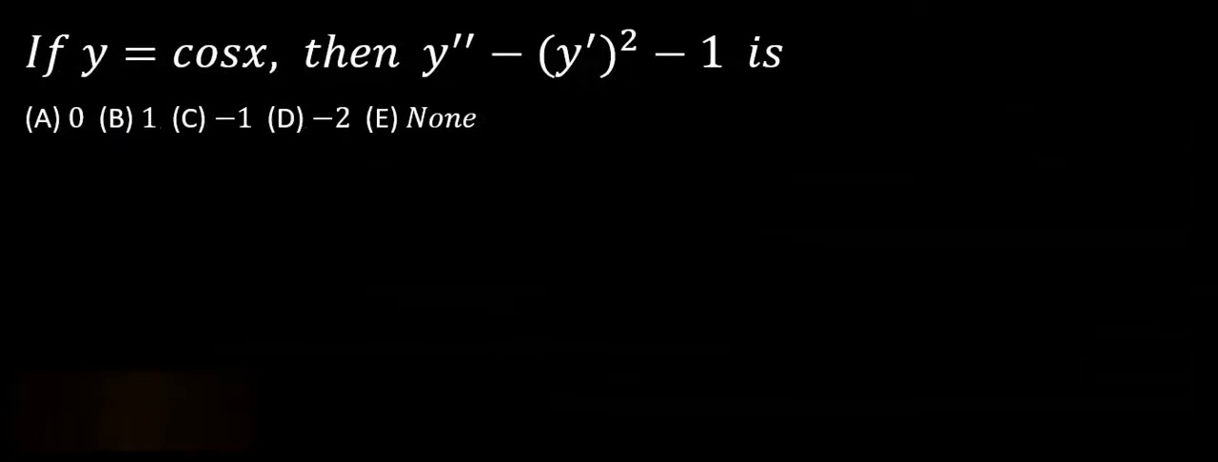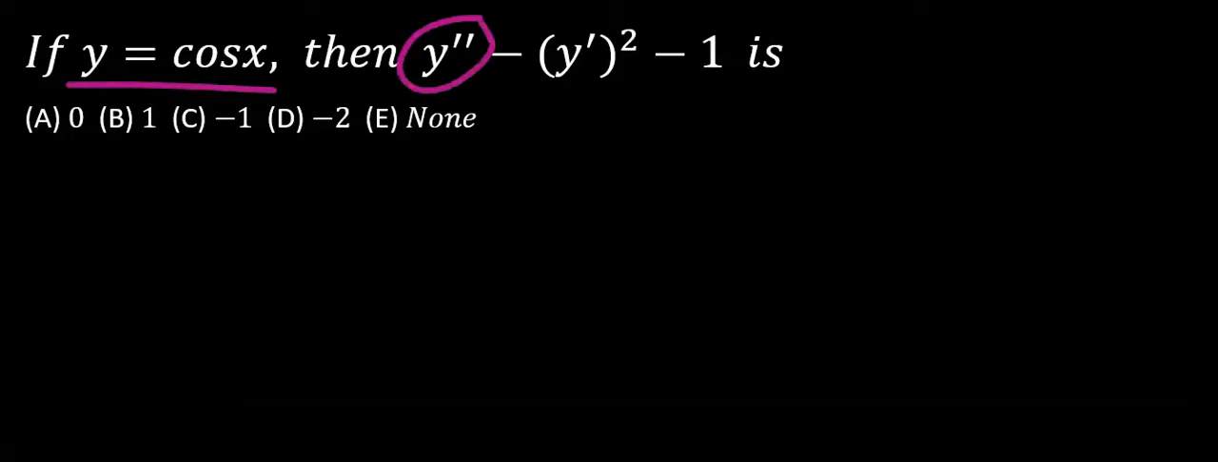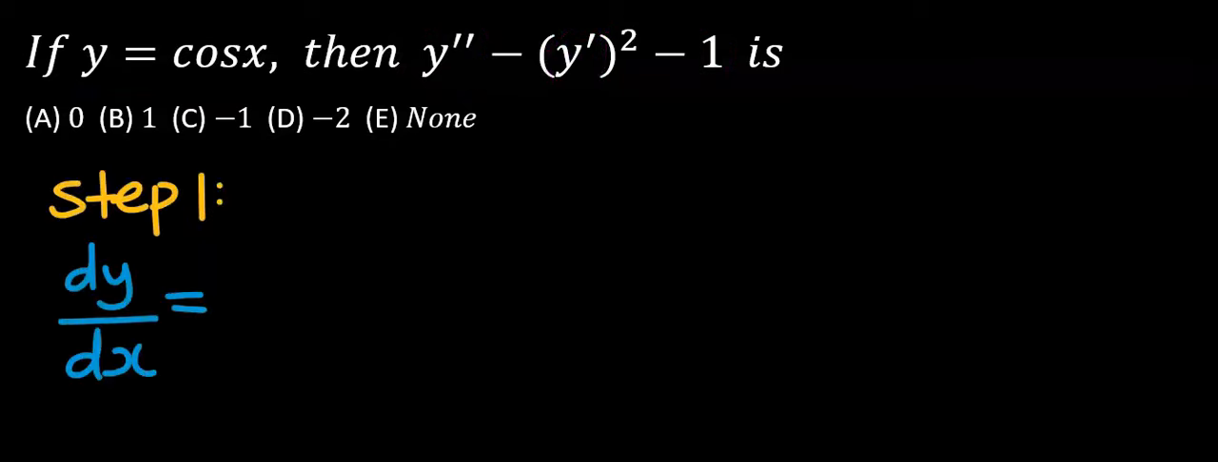Consider this question. Given that y is equal to cos x, then the second derivative of y minus the first derivative of y squared minus 1 is